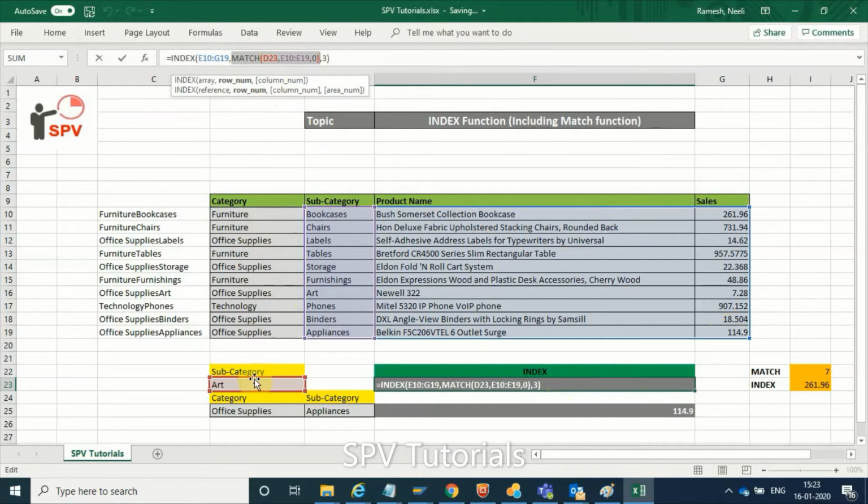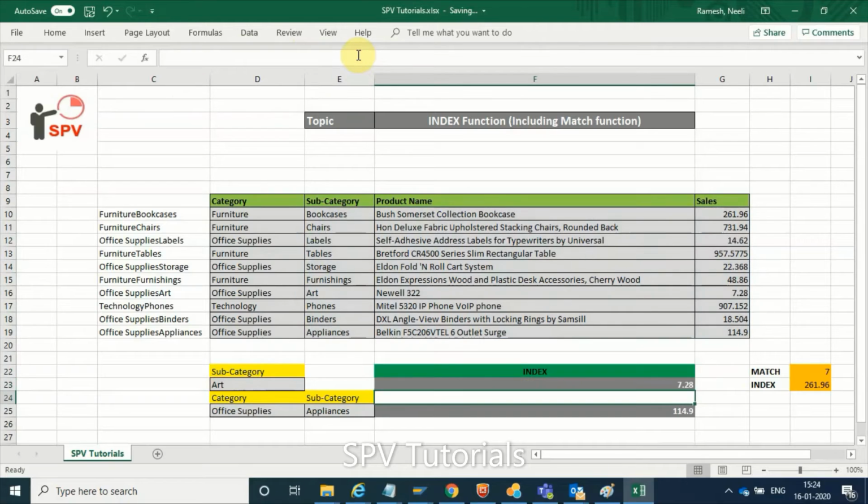So this is D23. We look up this value in the range E10 to E19. Whatever value we provide here, it will look in this area, and 0 is for exact match. That will give the number, 1, 2 or 3. In this case, art is 1, 2, 3, 4, 5, 6, 7. It will give 7 here. And the third column, 1, 2, 3, the third column is the sales. So entering this,